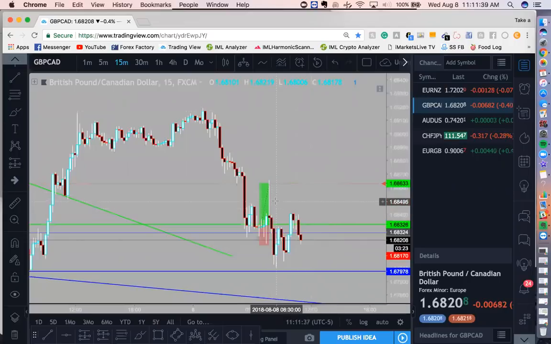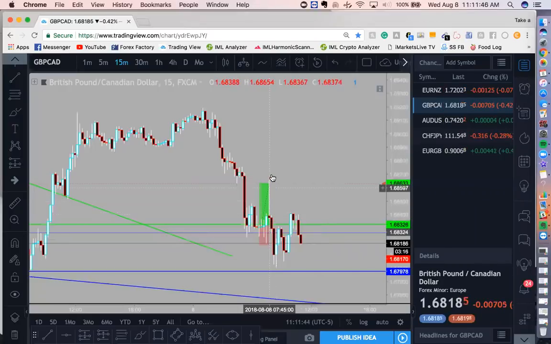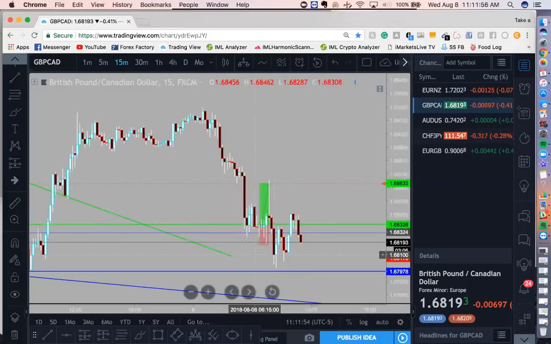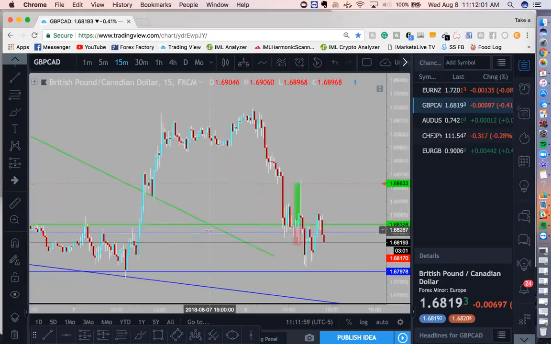So what I want to show you guys today is a few things. I'm going to show you how you should have reacted on actually trading this pair, because you can see it shot up, hit TP, shot back down, and made some crazy wild movements. So I'm going to explain that, and then I'm going to zoom out and show you exactly why I entered the trade. So this is the daily 61.8 level on the fib, and then this is the hourly